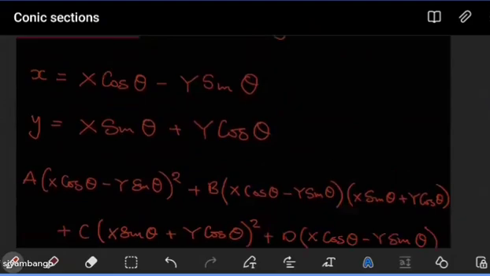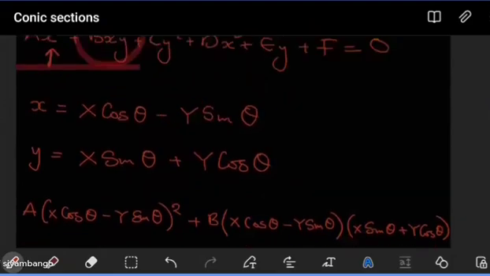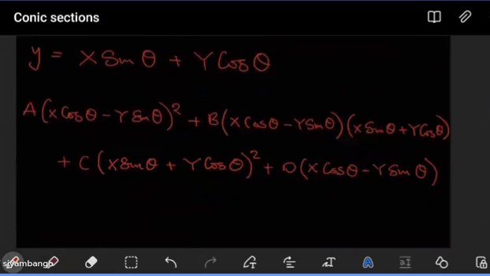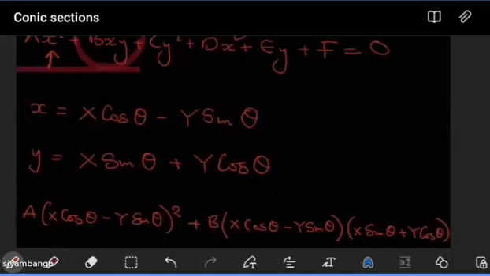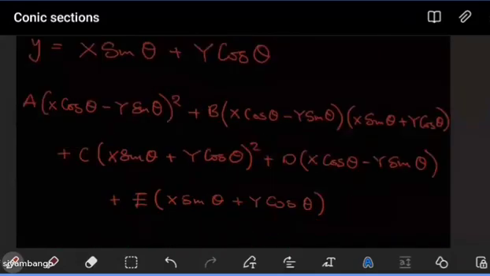Then we have e. E comes with y, so I'll say plus e. And then where we have y, we'll put capital X sine theta plus capital Y cos theta. And the last one is f. It doesn't have an x or a y, so it's just going to be plus f